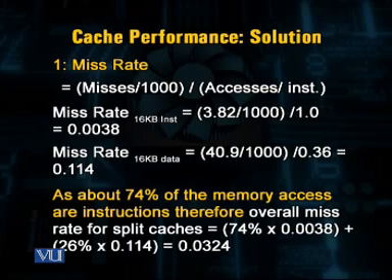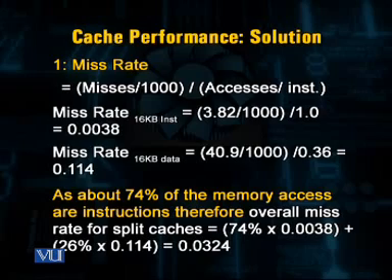As about 74% of the memory accesses are instructions, the overall miss rate for split caches is equal to 74% multiplied by the miss rate for the instruction cache plus 26% multiplied by the miss rate for the data cache, and this results in a value which is equal to